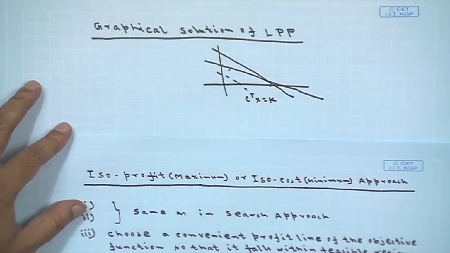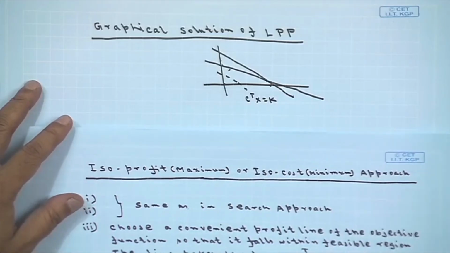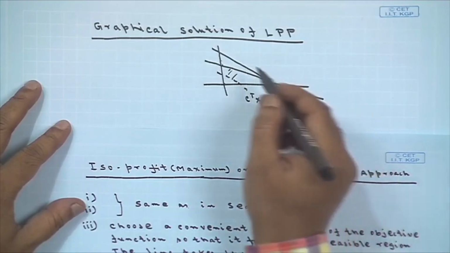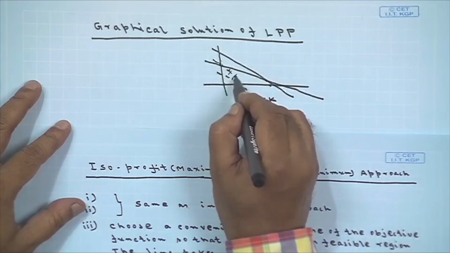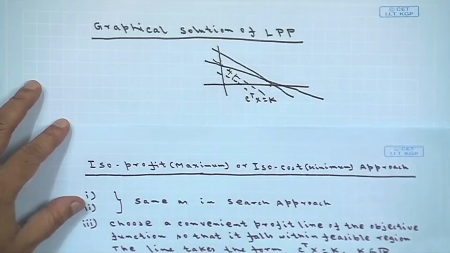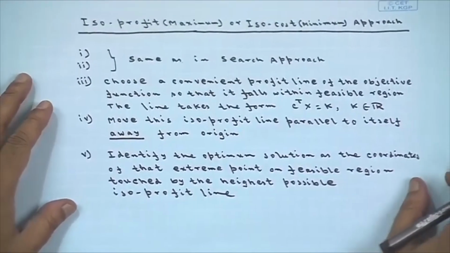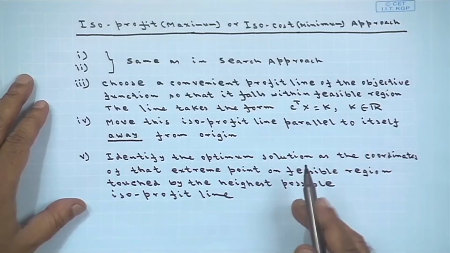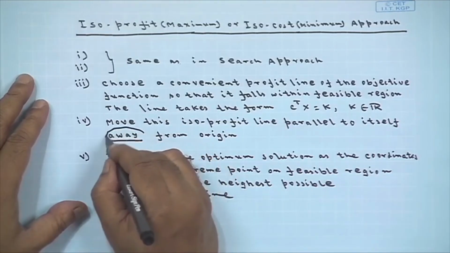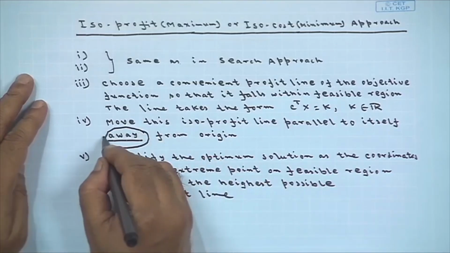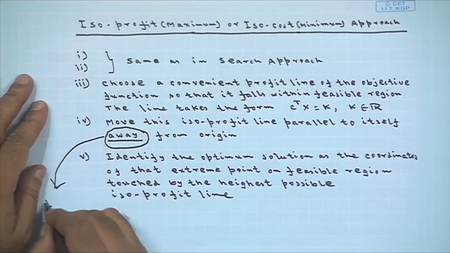Once I do that, since it is a profit function, move this line away, so that at some place I will find the solution. So, we are saying move this ISO profit line parallel to itself away from the origin, and this direction can be towards the origin